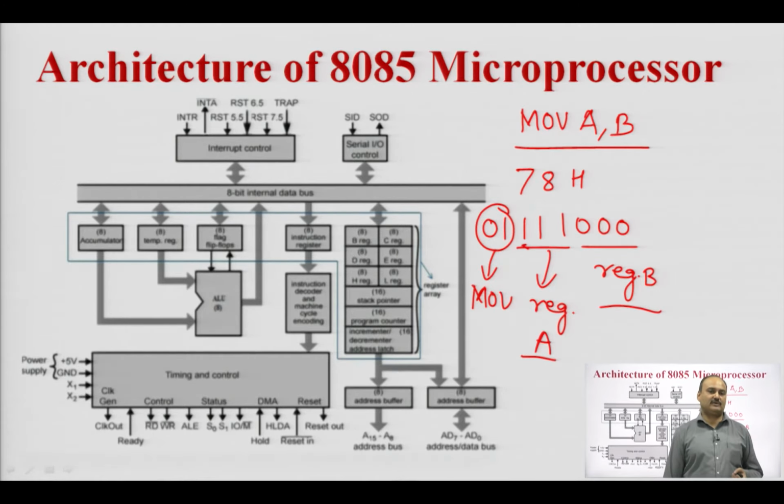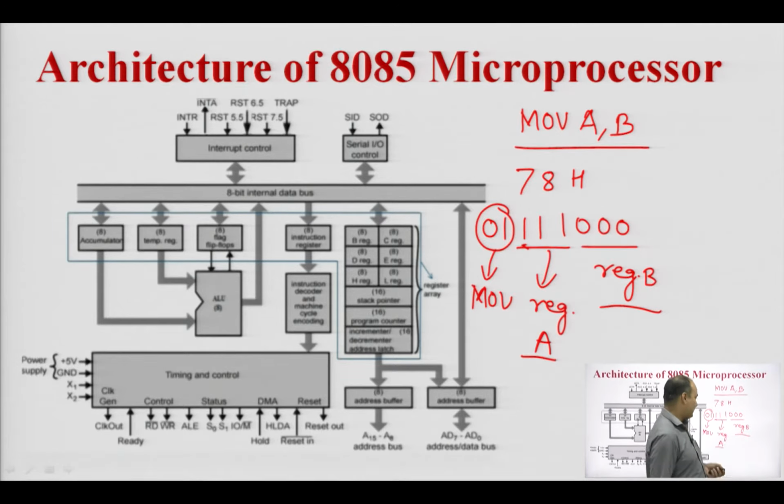So, in the 8085 microprocessor, the low order address bus is time multiplexed with the data bus. Time multiplexed means the same pins or same lines are used to carry the address as well as data in order to reduce the pins of the 8085 microprocessor. So, it is essential to demultiplex the address and data bus. The ALE signal is used to enable the latch, and with the help of this latch we can demultiplex the address and data bus.